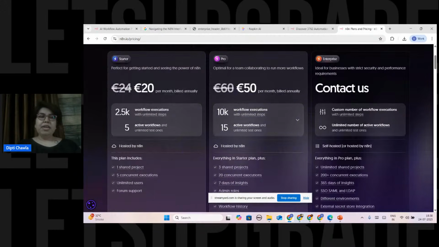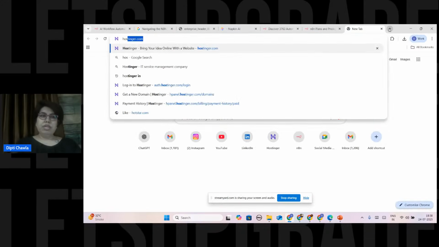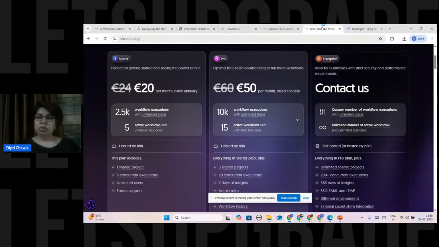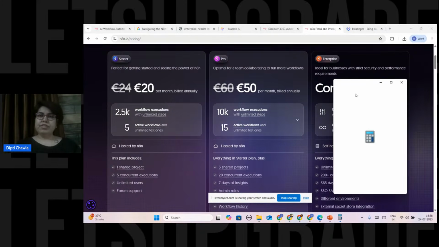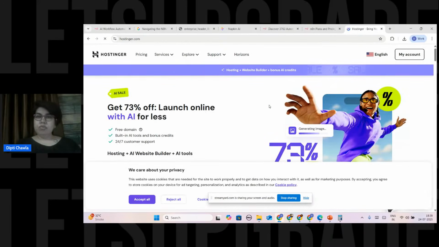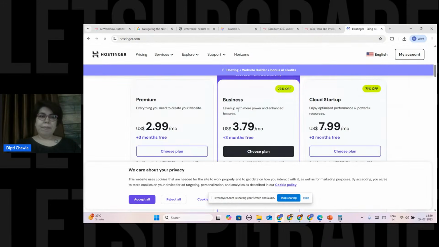Now spending, it is showing me 20 pounds per month if it's billed annually. So what I'm suggesting here, what we can do, if not this, go to Hostinger, because you counted 20 pounds. One second, I'll make it. This is very important, so you all are clear about what needs to be done. 240 pounds, and then here